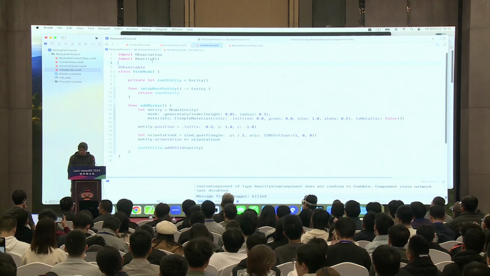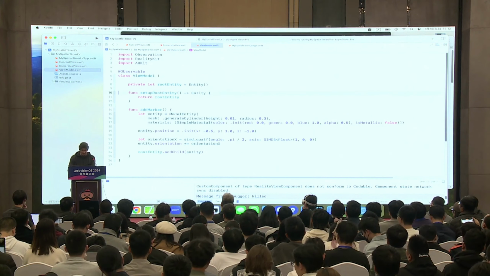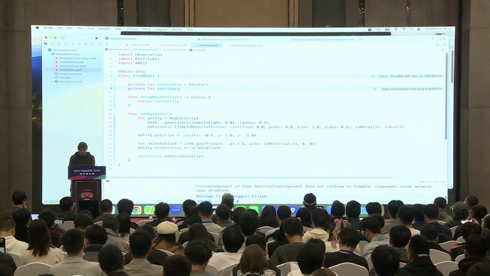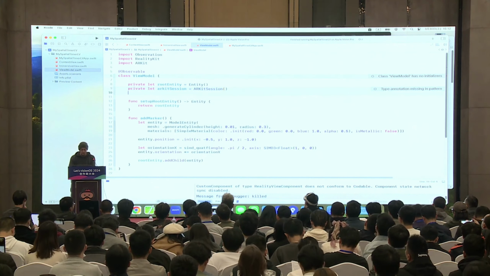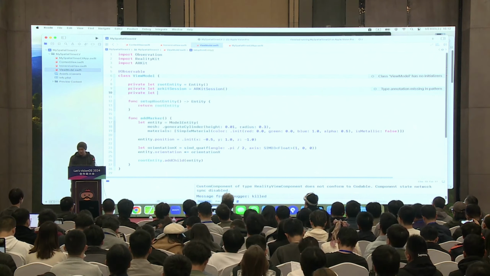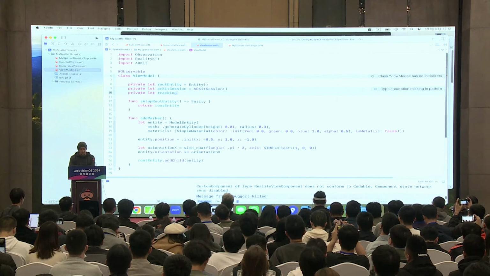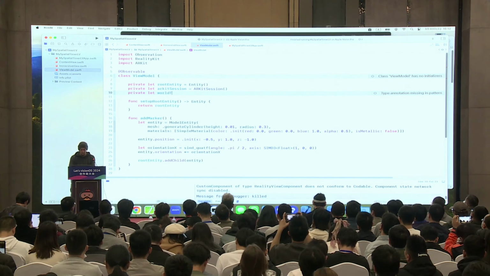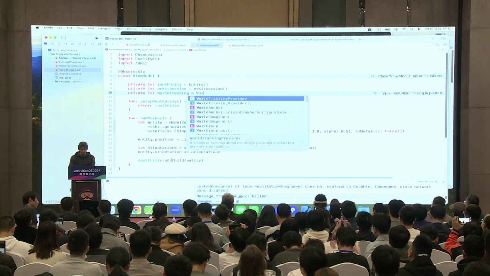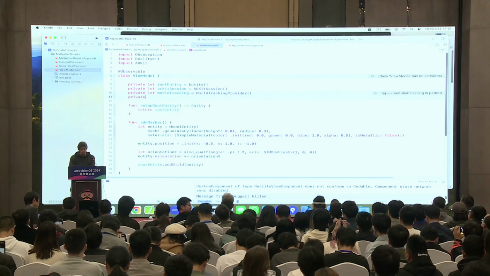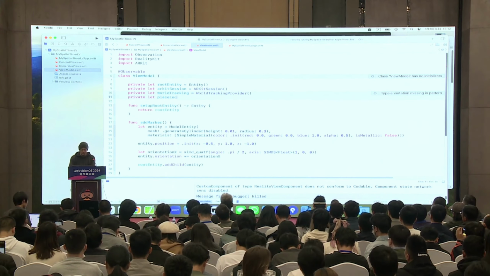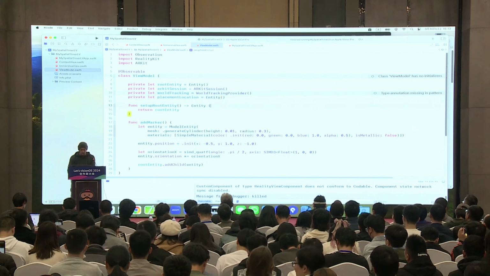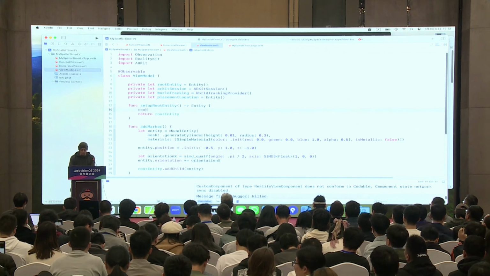So let's move into ARKit. Import ARKit. Add 3 variables: tracking, placement entity, and placement location, which should be added to root entity.